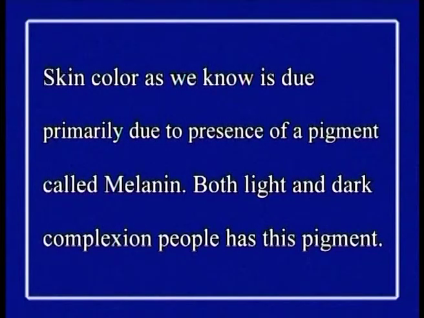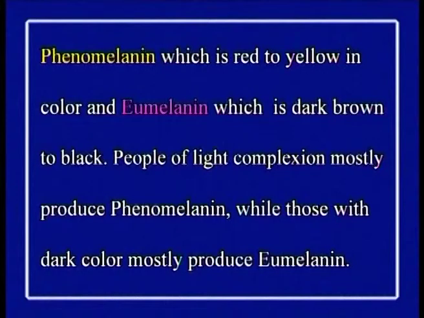Both light and dark complexion people have this pigment. However, two forms are produced: pheomelanin, which is red to yellow in color, and eumelanin, which is dark brown to